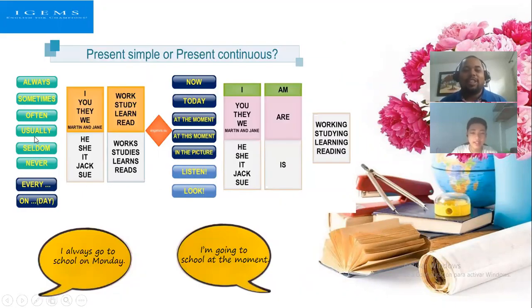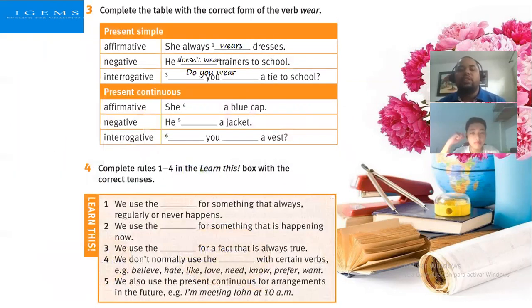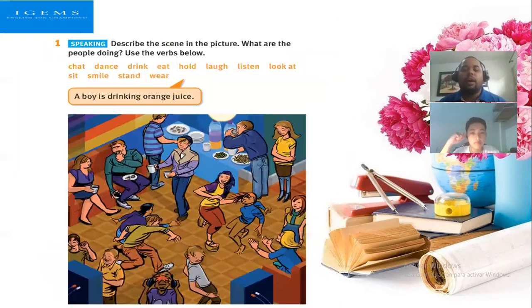And now, today, at the moment, at this moment, in a picture, or listen and look. Those are commands like listen, look. But especially those refer to frequency or time expressions.